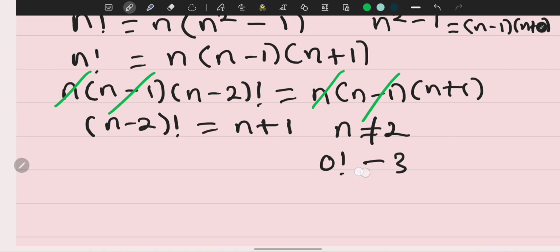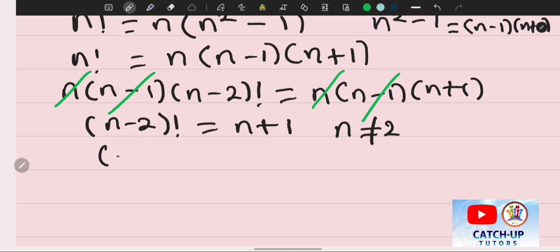Now, n is not equal to 2, but it is obvious from here that n minus 2 factorial belongs to the set of natural numbers. You can never get negative results here, and it must be a whole number. In fact, you cannot get 0 here, irrespective of the value of n you consider for this n minus 2 factorial. And if n minus 2 factorial is a set of